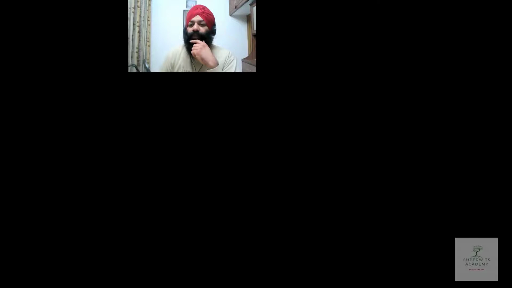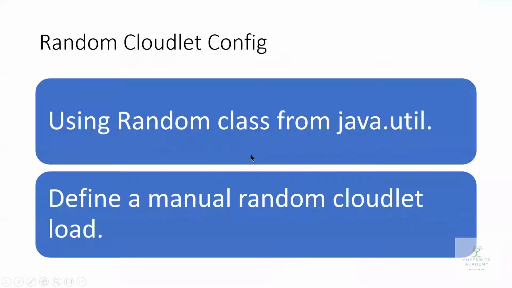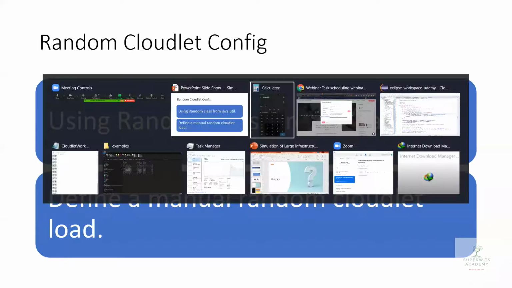Then Neha is asking, if we use a random workload in our research, then every run can give a different simulation time as well as energy efficiency. Neha, I think you didn't consider the point which I made very clearly. There are two ways we can do it. One is the random class, and one is manual. In manual, I've generated the random ones, saved them inside my system. Let me share my other screen again.